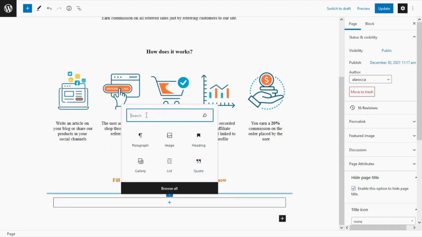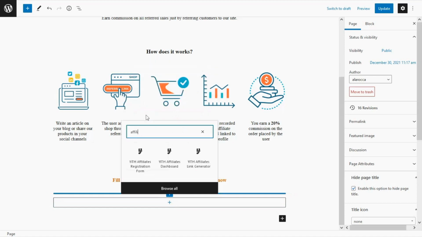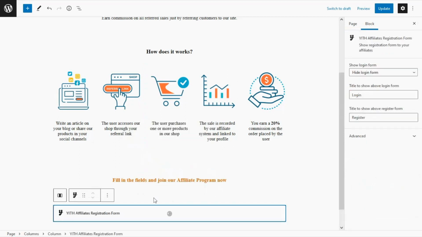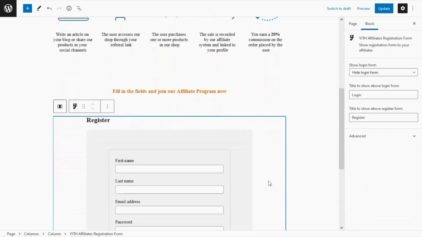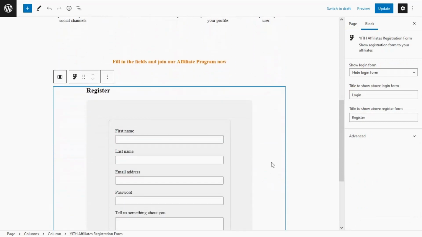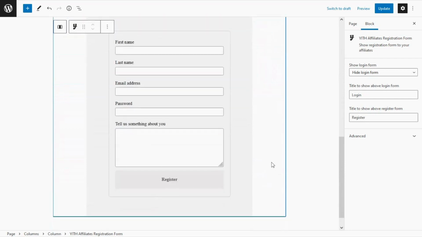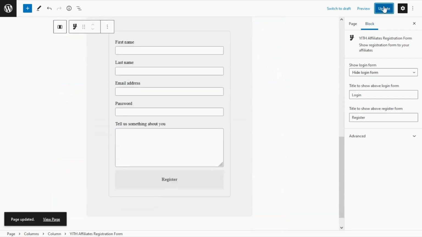Then over here we can search for affiliates, and we're going to find these three blocks. We have YITH Affiliates Registration Form, YITH Affiliates Dashboard, and YITH Affiliates Link Generator. For the moment, the one that we need is this one, the Affiliates Registration Form. And that's it. As simple as that, we have already included our registration form to show in any of the pages in our shop. In this case, we can go ahead and update our page,